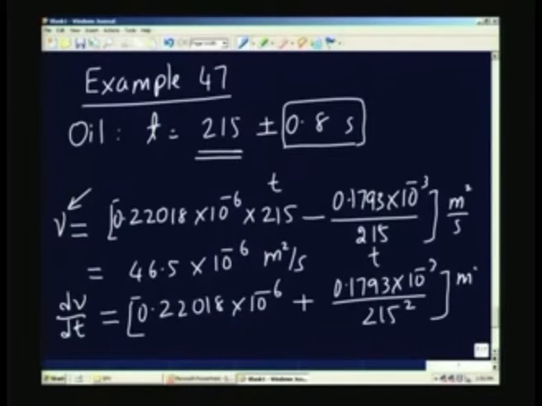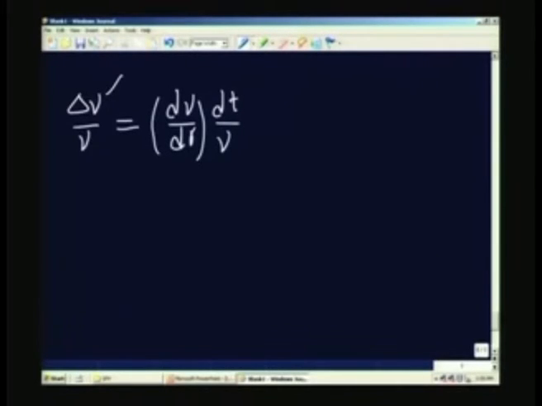This will be in meter squared per second squared. So, this is a very simple problem. We can say that delta nu by nu is nothing but d nu by dt into dt by nu. This is the uncertainty in the nu value. This is the derivative I obtained, multiplied by delta t. If you want, you can show it as delta t here. So, I can write it as